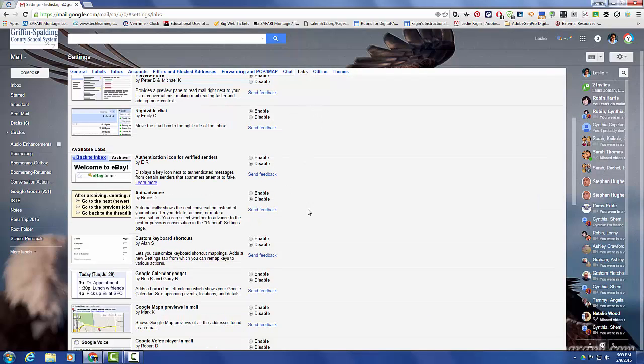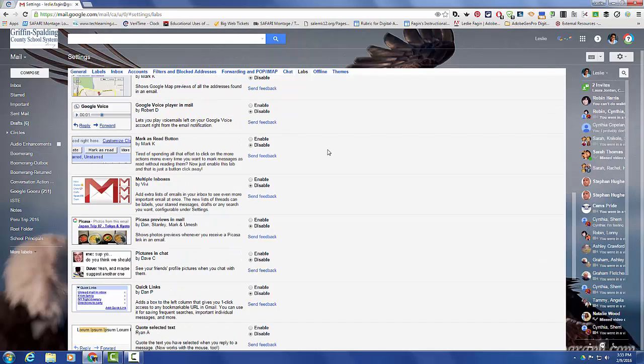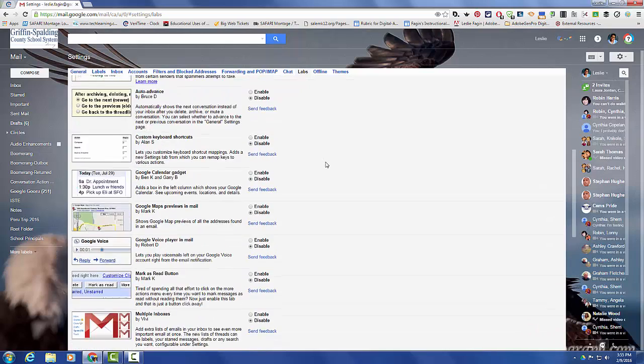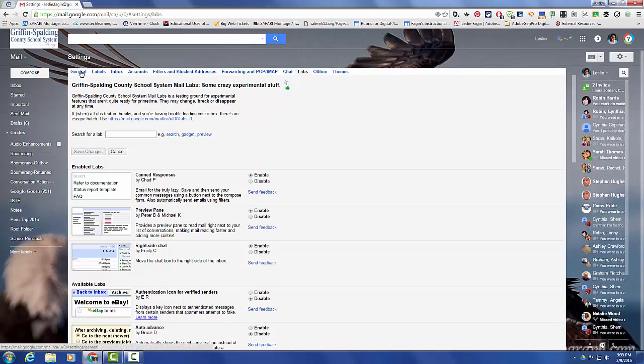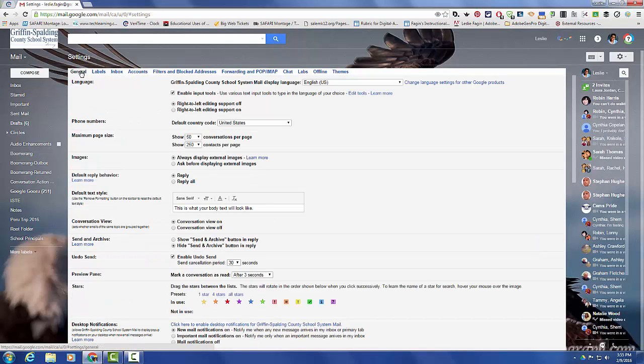So choose a lab or two. It will make using your email a whole lot easier for you, and this is something that also is available for your students. Another thing that I would like to share with you is how to attach a file in